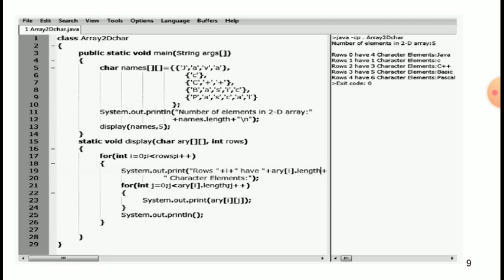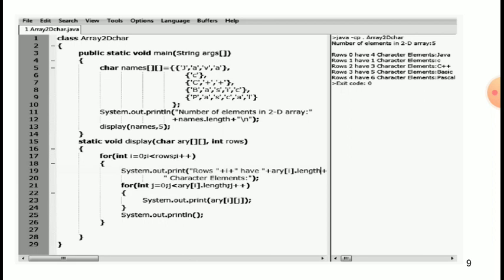Starting curly brackets, System.out.print array[i][j]. End of the curly brackets, System.out.println, i means row and j means columns. System.out.println. Save your file Array2DCharacter.java and then compile and then run.